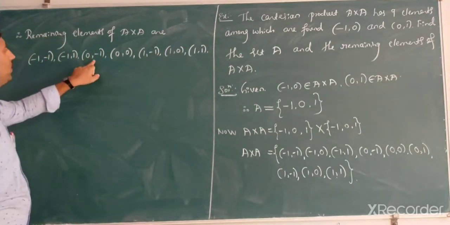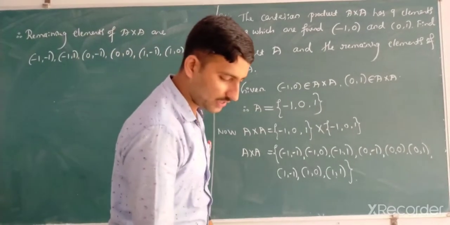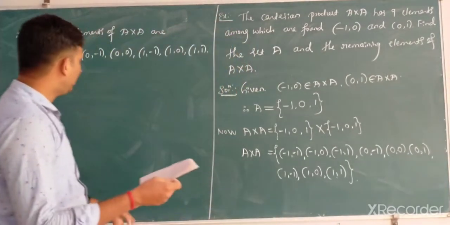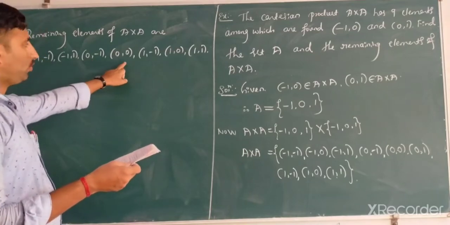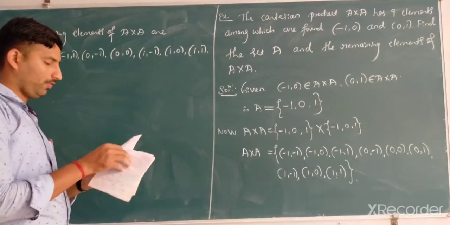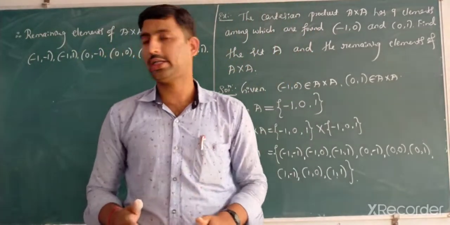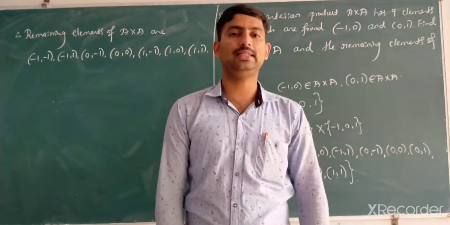1, 2, 3, 4, 5, 6, 7. There are 7 elements. That is -1, -1, -1, -1, 0, -1, 0, 0, 1, 1, 0, 1, 1. I think this is the first part actually under the second topic,